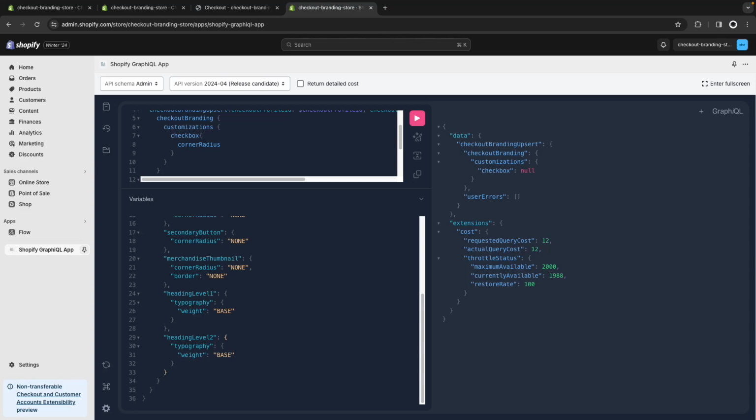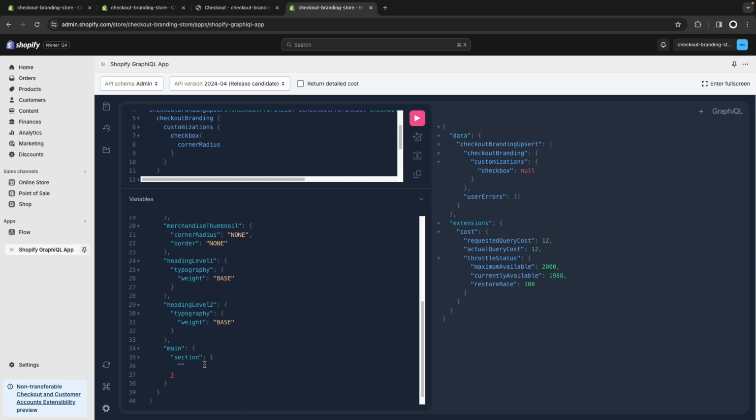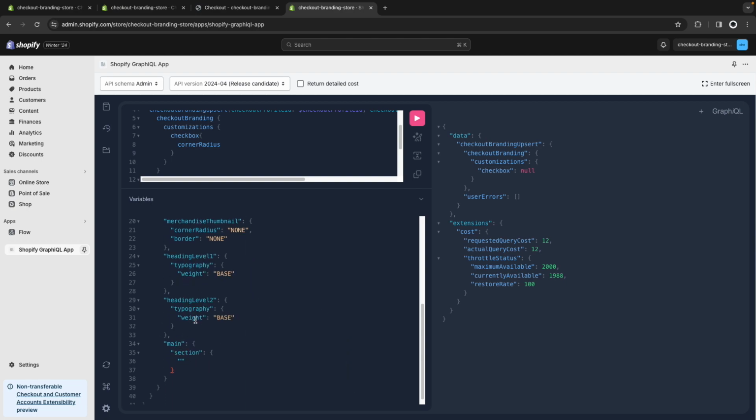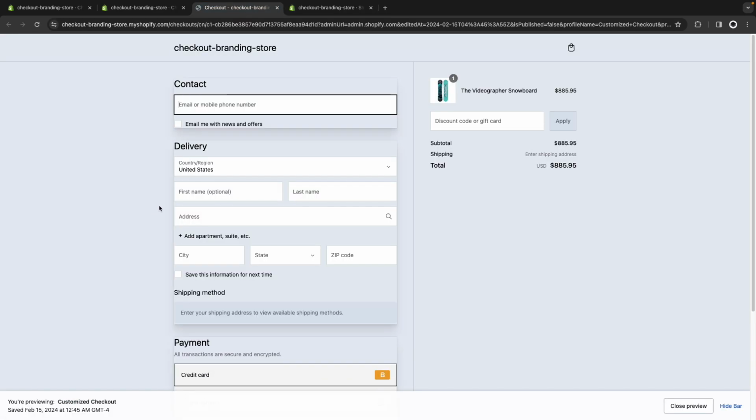And what we are looking for is in main, section, and all of this is new. Section itself was added in 2024-04. So from here, let's start by adding a box shadow,